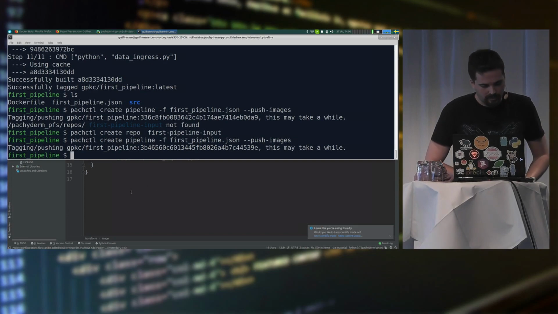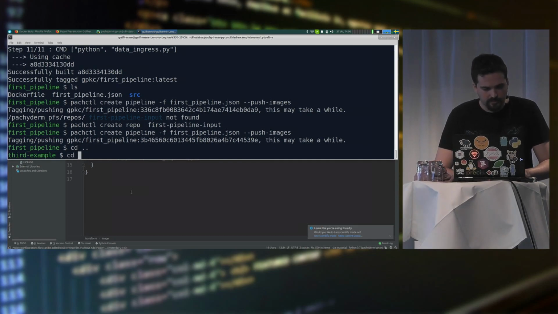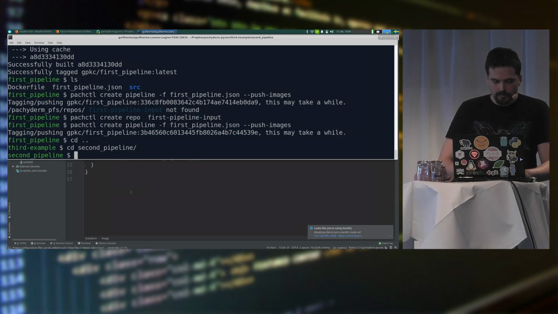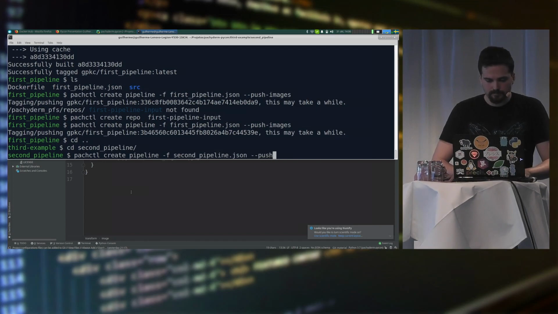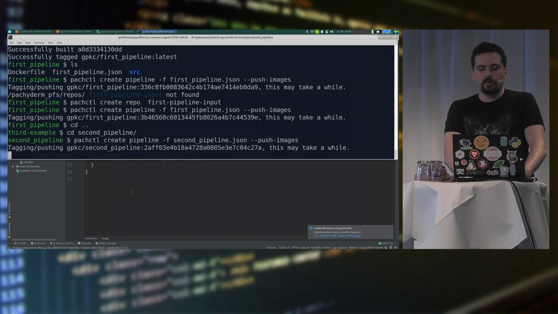Yep, there it goes. Let's create the second one. Same thing. I don't need to build it because I already did that. Create pipeline.